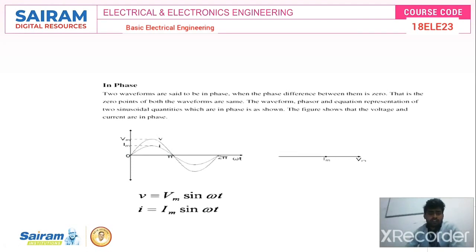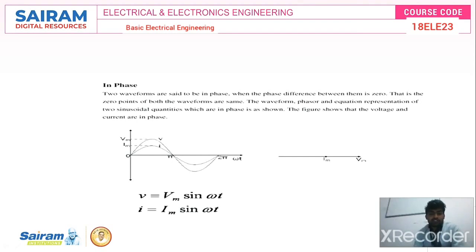In phase, voltage and current are in phase with each other. V is equal to Vm sin omega t and I is equal to Im sin omega t. As you can see in the diagram here, Im, Vm are in phase with each other. If it is a resistive load, there is no phase angle. Phase angle becomes 0. I think the equation we all know, right? Power is equal to VI cos phi. If the phase angle is 0, cos 0 you will get 1, right? So power is equal to VI. This one starts from 0 and then crosses 0 at the same time, right? So that's why the phase angle will be 0.